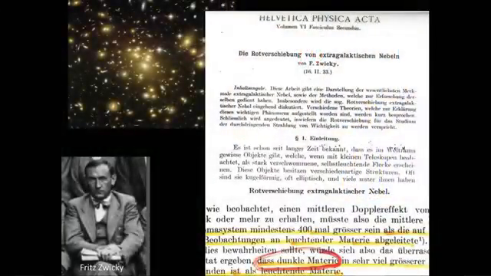So this was in 1933. And so he realized that if I look at this system of galaxies, this is a modern photo, but it's the same system he studied, called the Coma Cluster, he said that there must be "dunkle Materie," dark matter, otherwise the galaxies would all fly apart. And the reason his prediction, which was 50 years ahead of its time, really, is known to be right, is